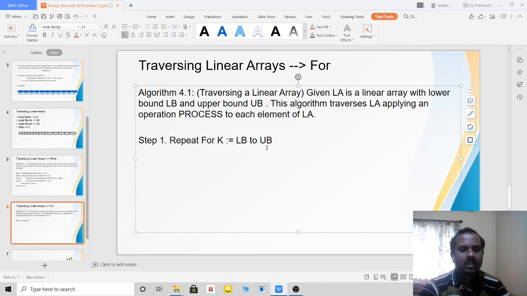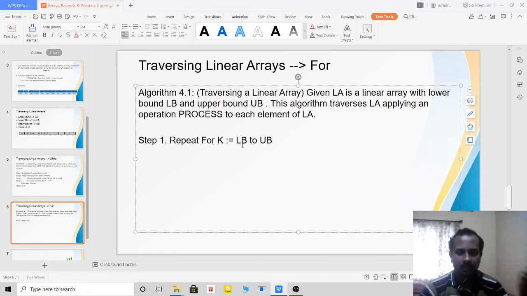And what about incrementation or decrementation? That is taken here only. Because it is mentioning LB to UB, if LB is smaller and UB is greater, then it is automatically incremented plus 1, plus 1, plus 1. If you want to decrement, LB is the greater value and UB is the smaller value.